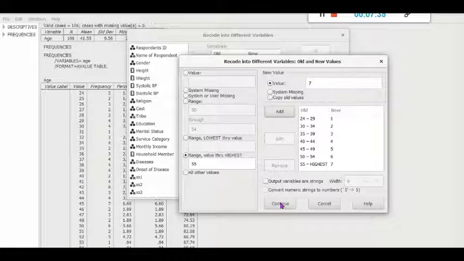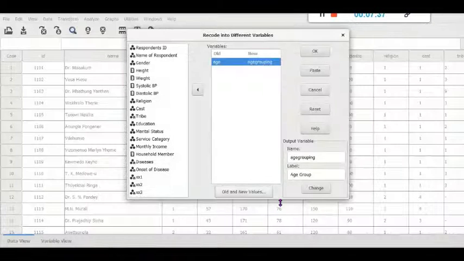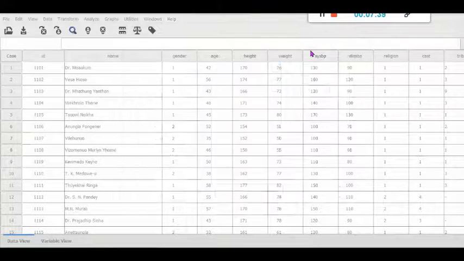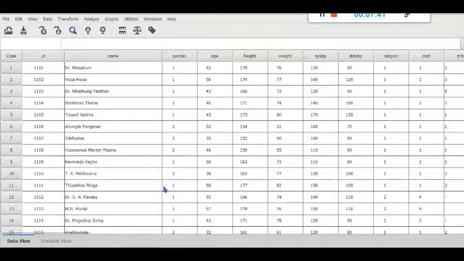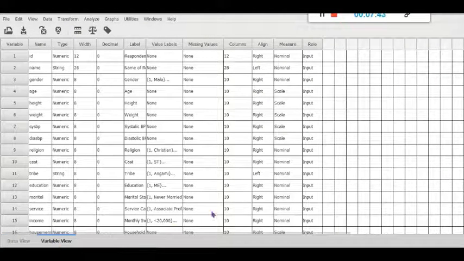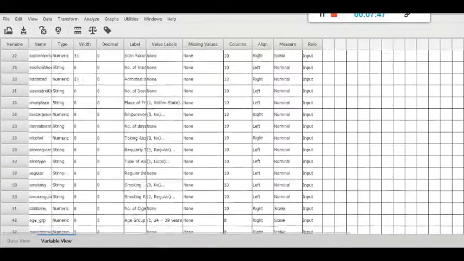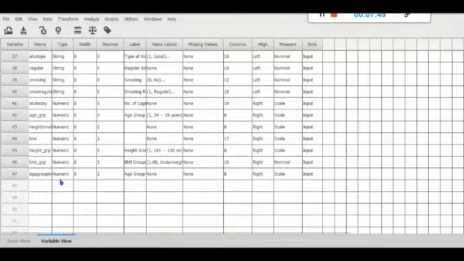Now press continue, then OK. If you go to the variable view, you can see a new variable is coming, which is age grouping. Age grouping, since it is a nominal scale value, so let us change the decimal value.